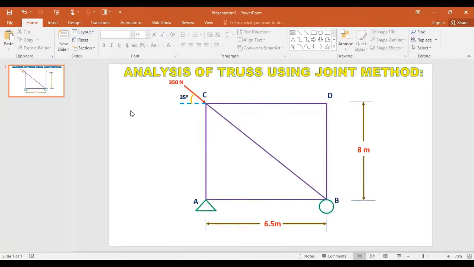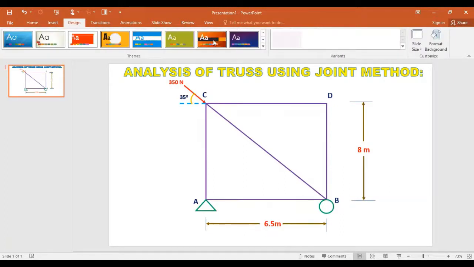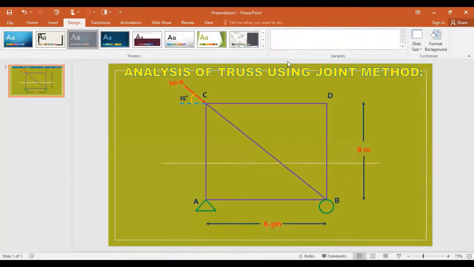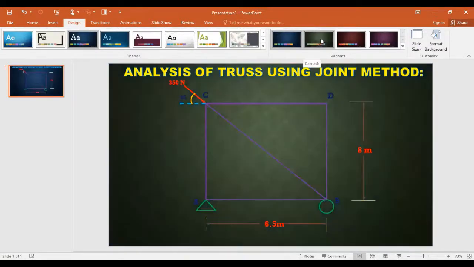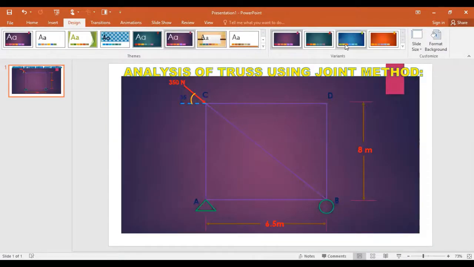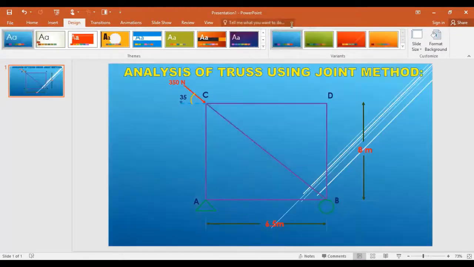Now one more thing I want to tell you here, you have to go in the design, and you have to select the design slide. So for example, I'm taking this. Does it look nice? No, not at all. It's not looking nice. If I take this, the diagram will get so light. It's blurry. So what I have to select? For example, I'm going to this light color, and this one is looking so harsh. So the diagram is not clear to the audience. So I am moving towards the light colors.